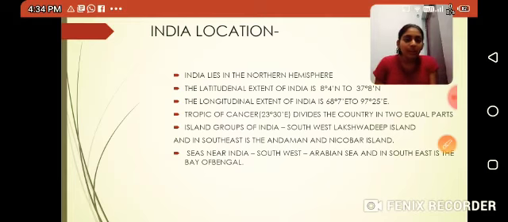So island groups of India: in the southwest we have Lakshadweep Island, and in the southeast we have the Andaman and Nicobar Islands, and the seas near India are, at the southwest the Arabian Sea, in the southeast you have